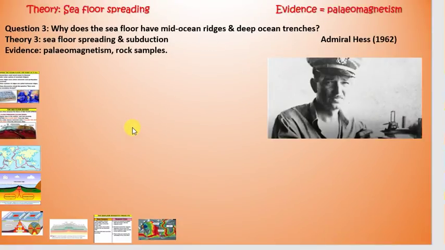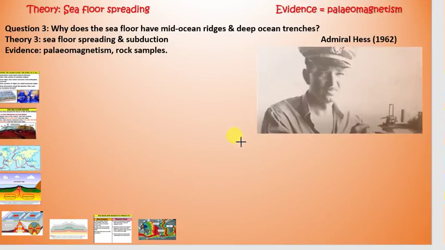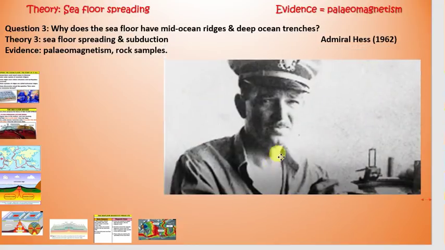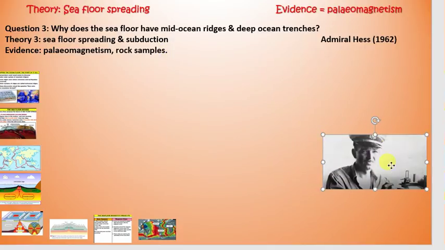unfortunately, Big Alf didn't know what caused these continents or land masses to move, right? So here we've got Harry Hess. He was a Princeton geologist. Here he is on his submarine or on his ship. And what did he find? Well,